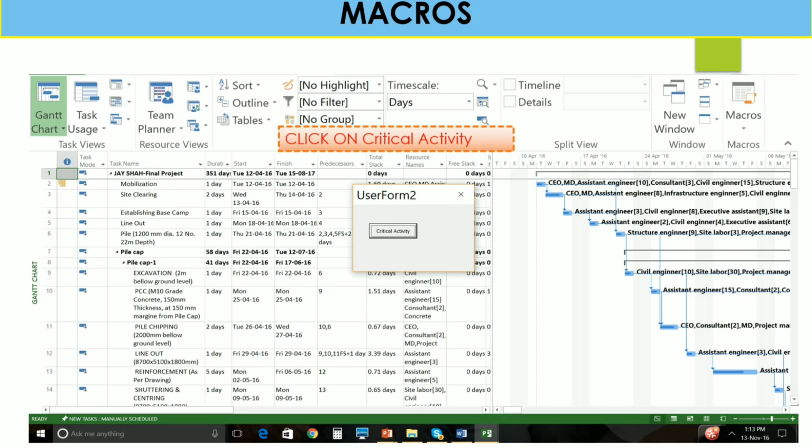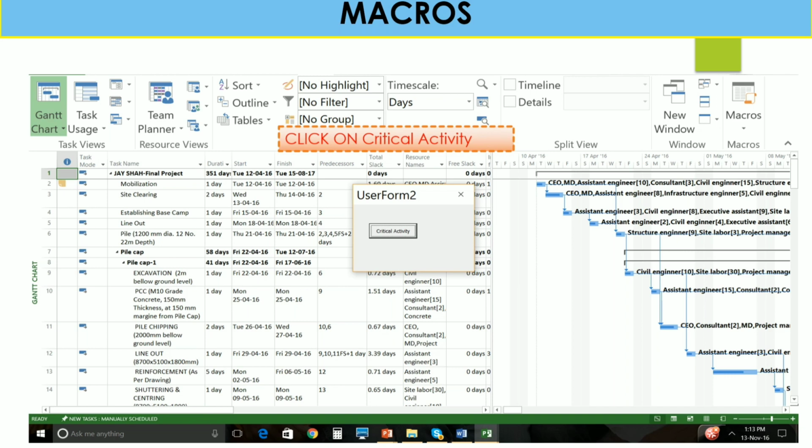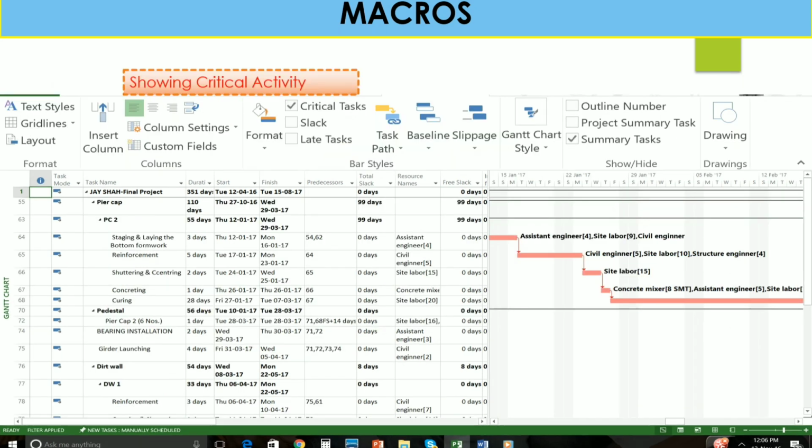Here you can see your user form, a command button already made ready by Microsoft Project. Click on your command button Critical Activity, and you can see all the critical activities shown by Microsoft Project. Here you can see assistant engineer and civil engineers as resource names. So all these activities are critical activities.